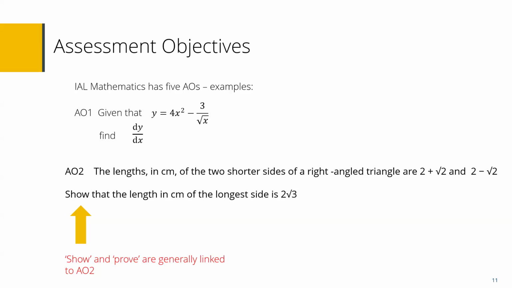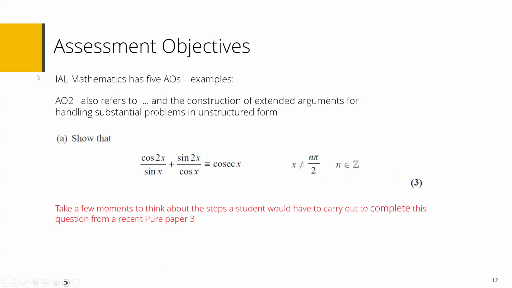If I go back to what I said, assessment objective 1 is a do it. So find, there's a command word there, find, whereas the second one is show the length, and therefore you have those two. That's quite a straightforward one. We'll see more complicated problems, and in other bigger problems, you'll see that you will have more than one assessment objective in those questions.